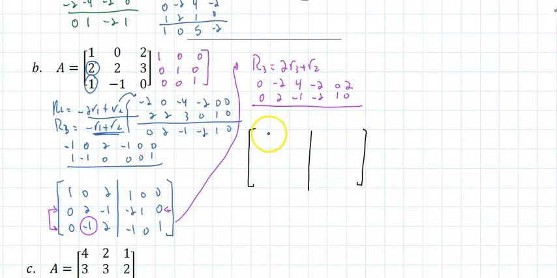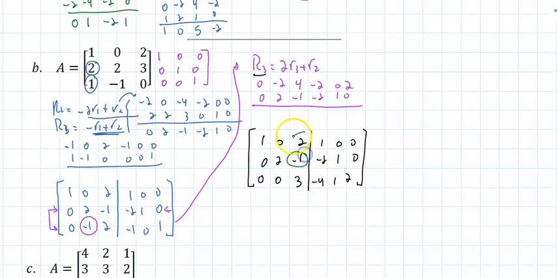I will get, so this is the new row 3, add those: 0, 0, 3, negative 4, 1, 2, copy everything else. Alright. Now what? Now I want to make this a 0 and this a 0. And how can I do that? Any way I can. So to make those 0, first I could say, let me take,